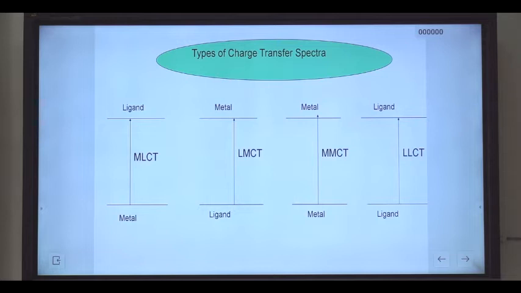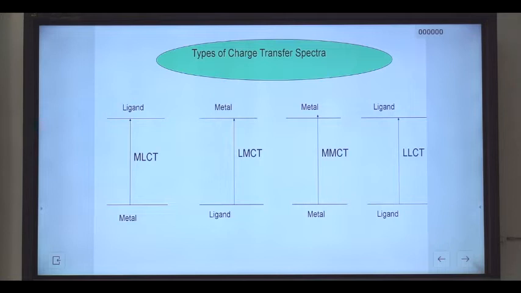I emphasize the two transitions, MLCT and LMCT, because from that point of view these two transitions are very important, and most of the questions asked in the CSIR NET exam or in any entrance exam, in the DO exam for technical assistant, scientific assistant, focus mainly on MLCT and LMCT transitions. In the case of metal to ligand charge transfer, the metal should be in the low lying area and the ligand should be at the higher